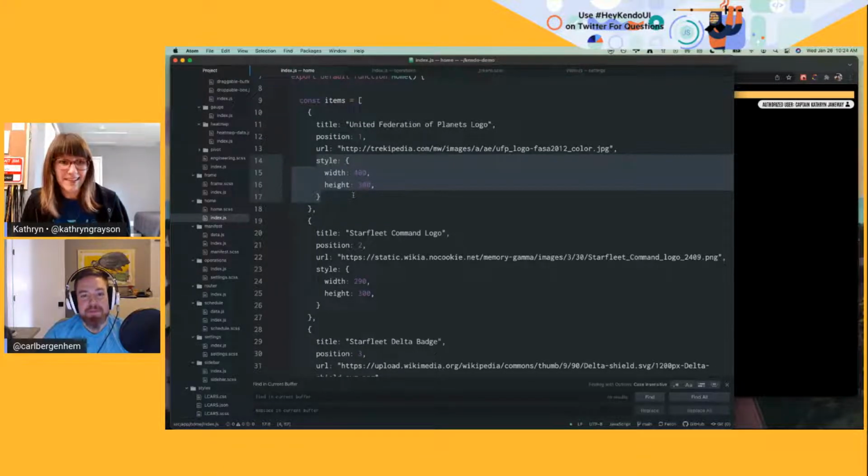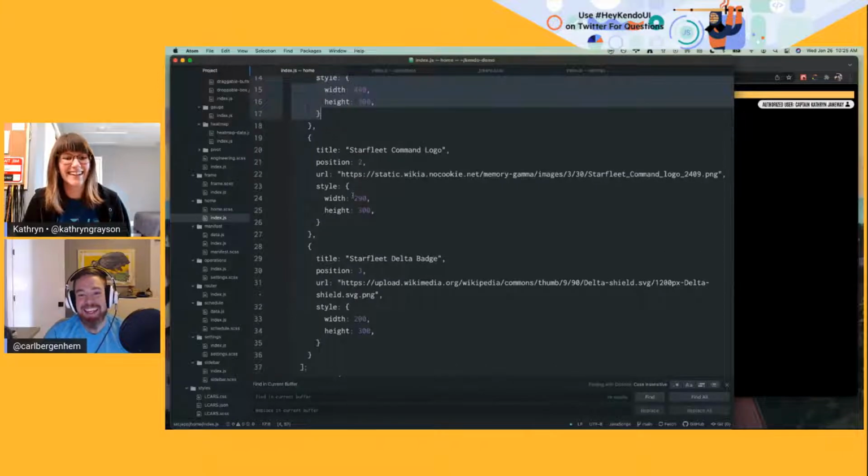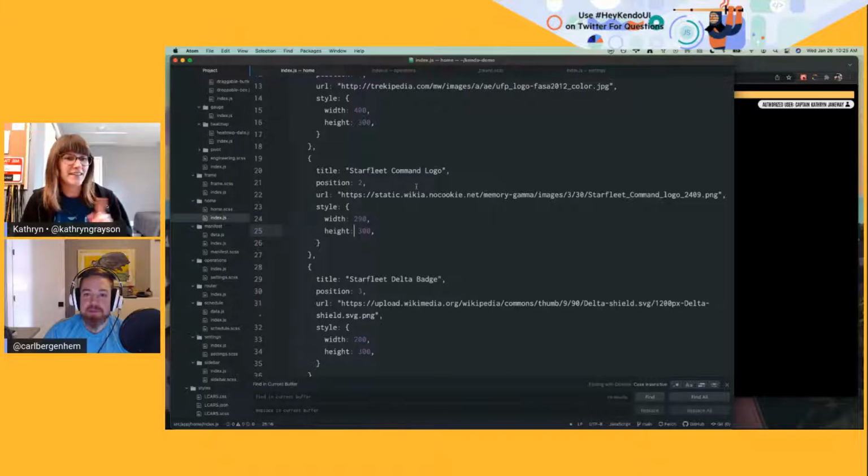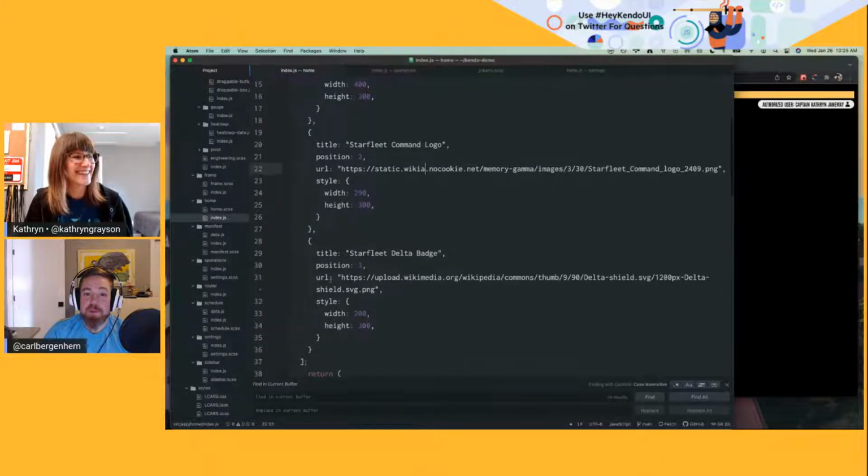You can skip that step if you've got a bunch of images that you've already cropped and positioned to be exactly the same size. But I was incredibly lazy and decided I'd rather just define the width and height manually in each one. So I defined here their position in the rotation, the URL, which I did not bother to host myself, and